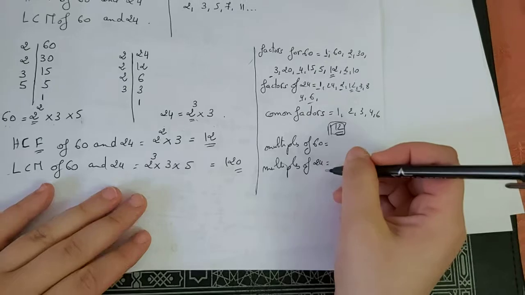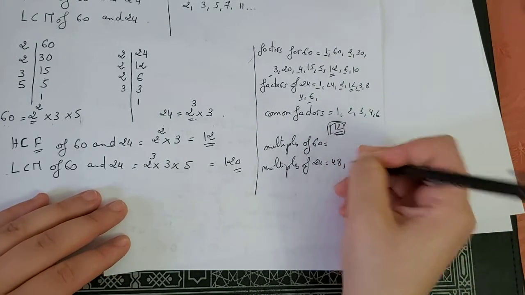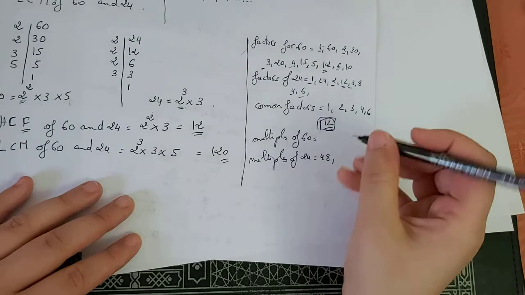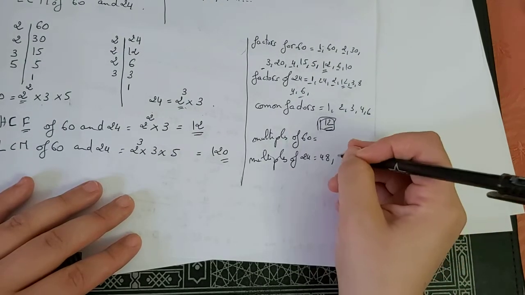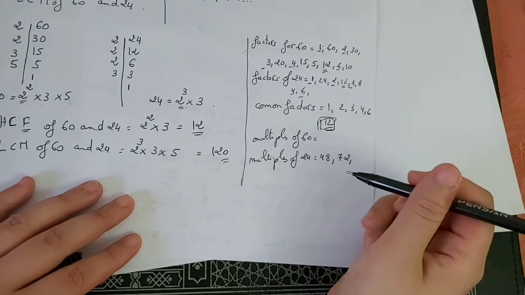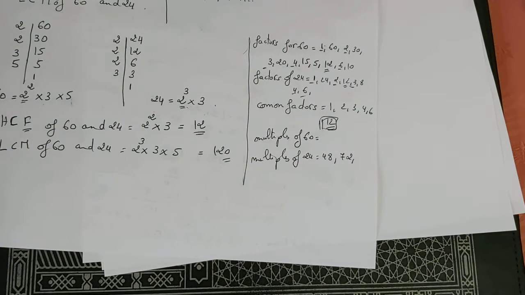So 24 times 2 is equal to 48. 24 times 3 is equal to, I believe, 72. And 24 times 4 is equal to, let me check,